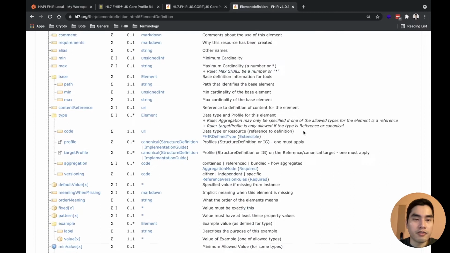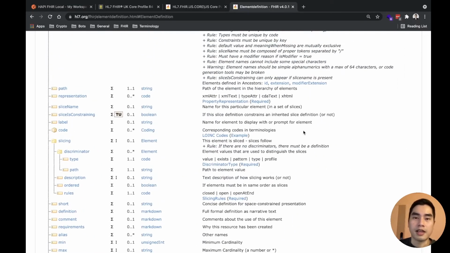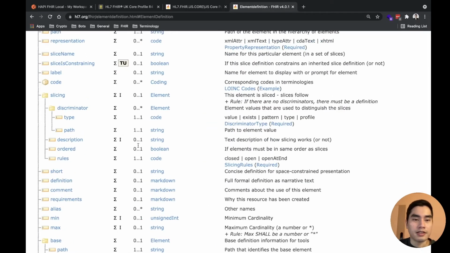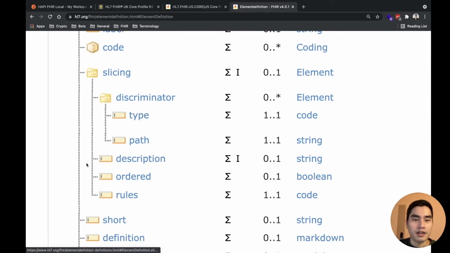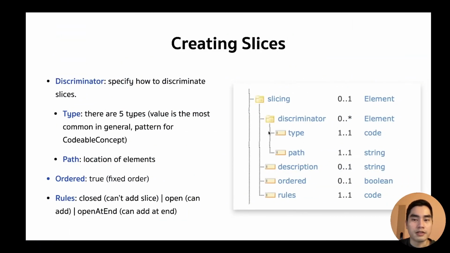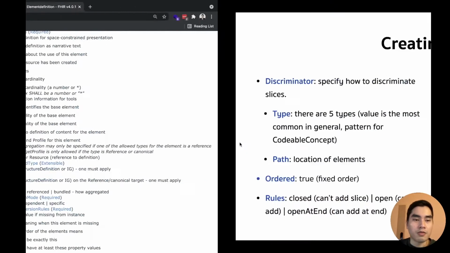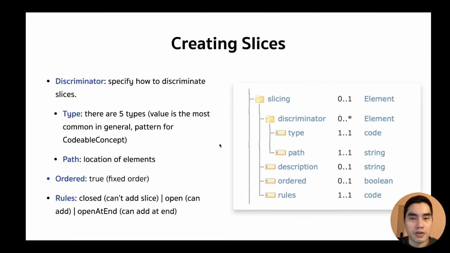This element definition is the definition of each element inside a structure definition. And you will see this slicing thing here. Yeah, this is where this slicing image came from. And this is, I think, a bit of an advanced topic, so I will not go into detail here. But what I want to say to you is that these are the things that you can configure.